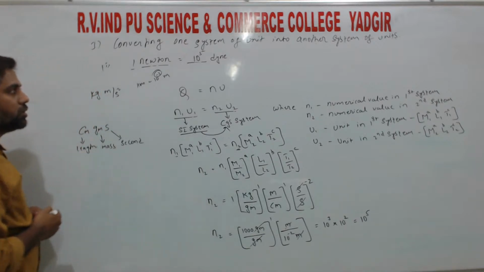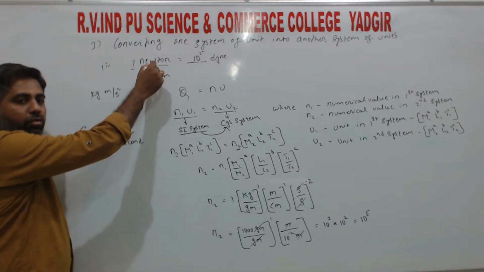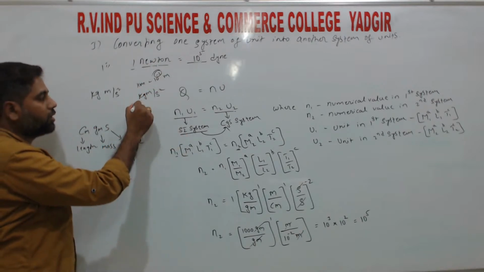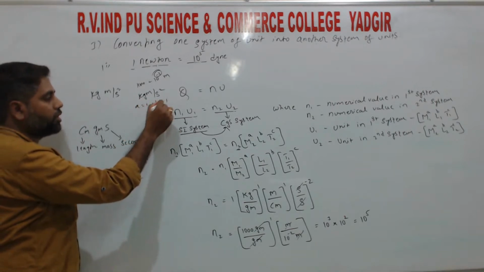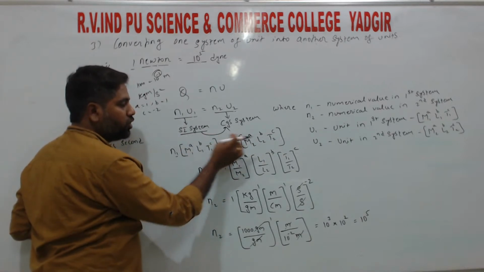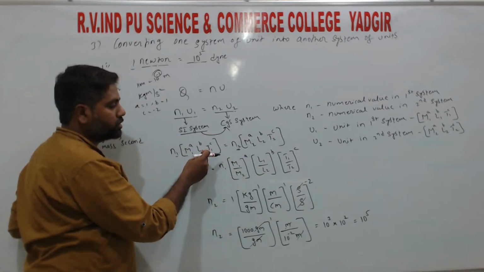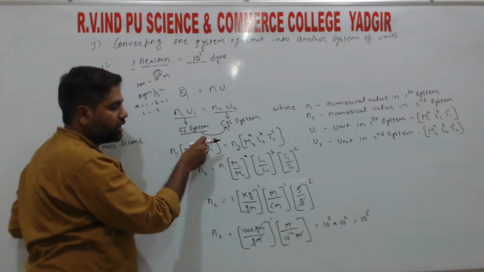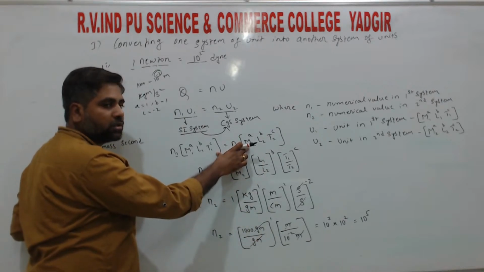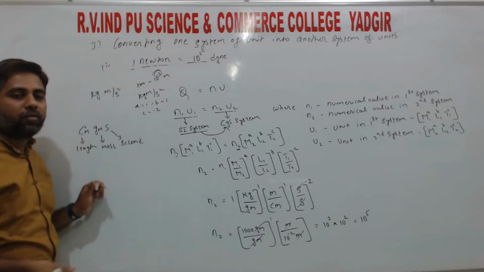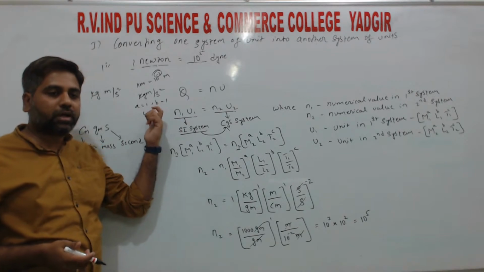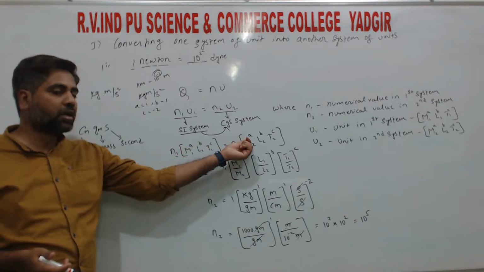So we know the SI unit of the Newton is kg meter per second square. So from this, the value of a is equal to 1, b is equal to 1 and c is equal to minus 2. Why are we taking the same values on both sides? From the principle of homogeneity, the powers on the left side must be the same as the powers on the right side, because both are the same units for the same physical quantity. Since both units represent force, the physical quantity, their powers are always the same,